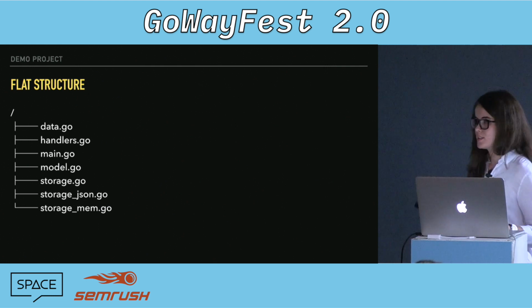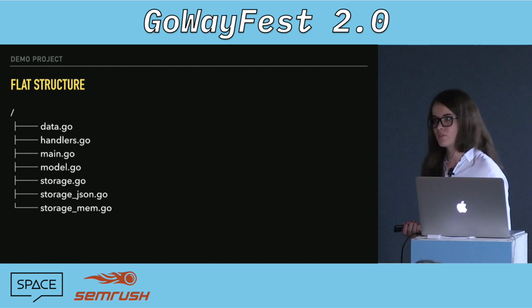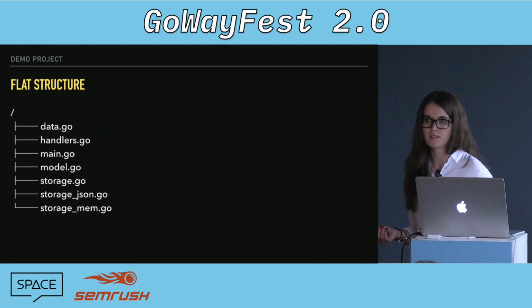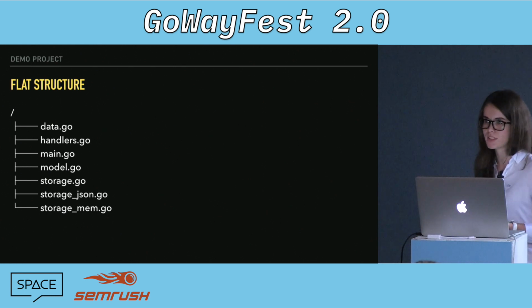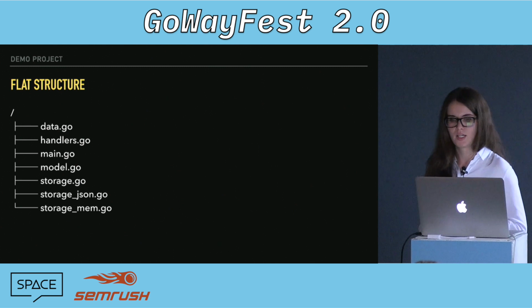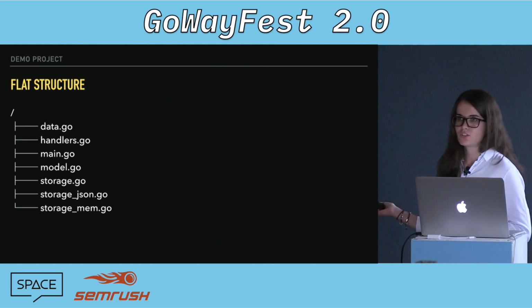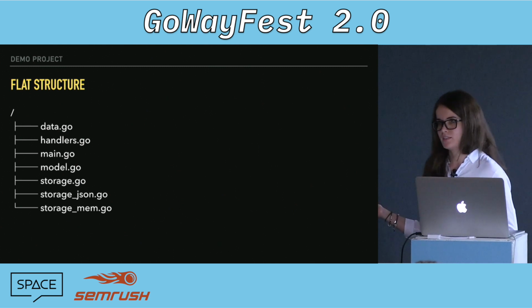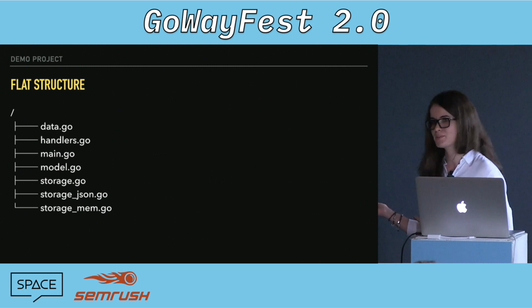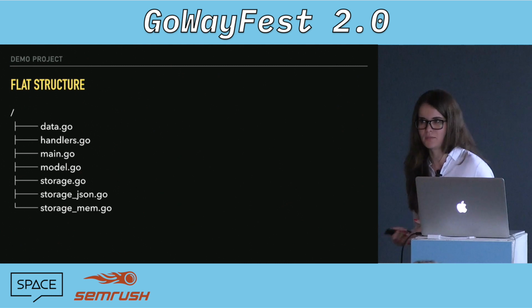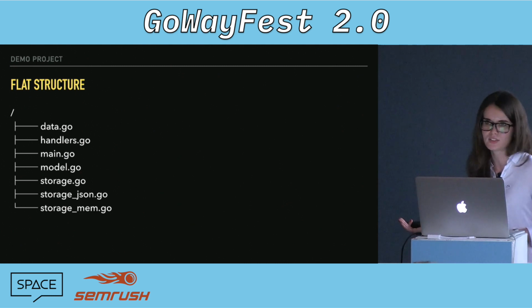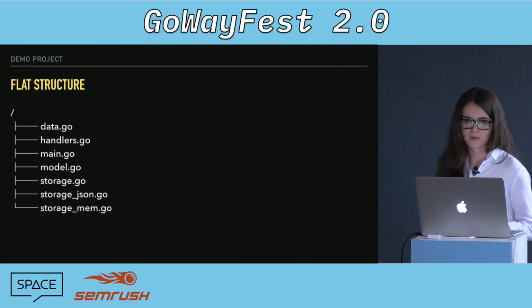But that also points at some disadvantages with this. One of them being that everything is in a global state, so you have no way to black box anything or make anything private. Secondly, looking at the structure, can you tell me what this app does without opening a file? Not really. The file names don't really give you much of a clue. I mean, you can probably tell that it's maybe an API that stores something, but that's about it.